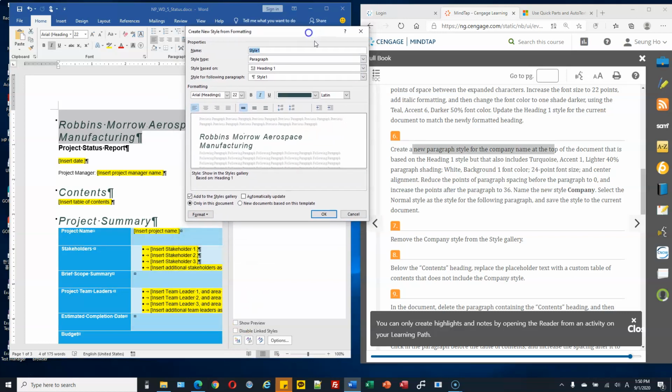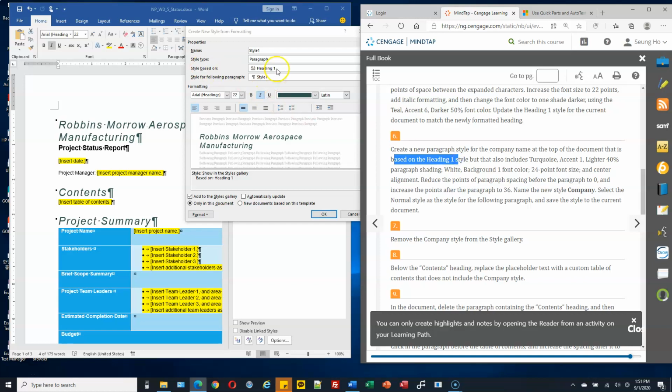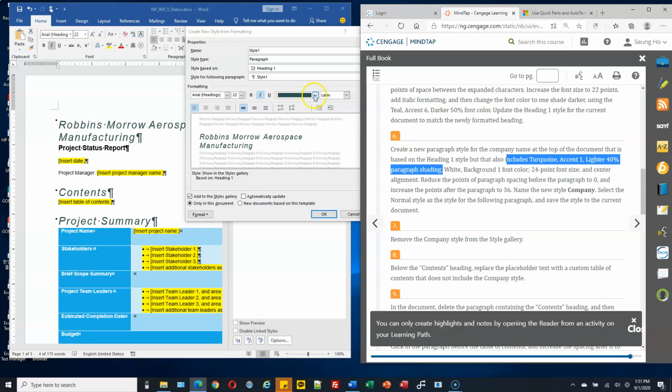Okay, so from here, heading 1 style. This heading 1 style includes the paragraph heading 1. Okay, read it slowly. Based on, okay, that is based on heading 1 style. Okay, based on is heading 1. That is correct. But includes paragraph shading. This paragraph shading, right?